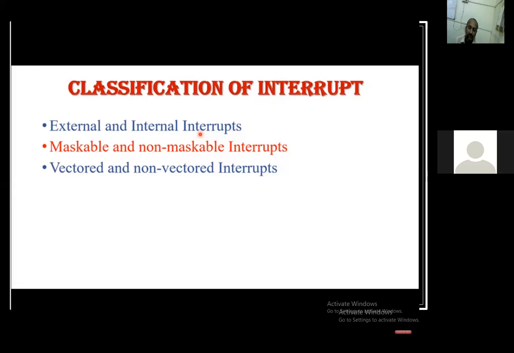Got it? There is some ambiguity about how many interrupts we are supposed to tell. But 99% of the time they say that there are 5 interrupts here. So we are also following the same, and we will keep the 5 interrupts for the 8051.